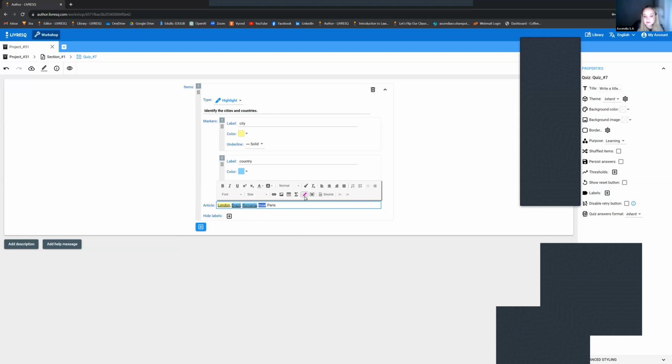For Rose, I don't have to, but I'm going to tell the platform that I don't have any label for it. I haven't defined the label flower. And for Paris, I'm going to select city. So right now, if we go into view mode,